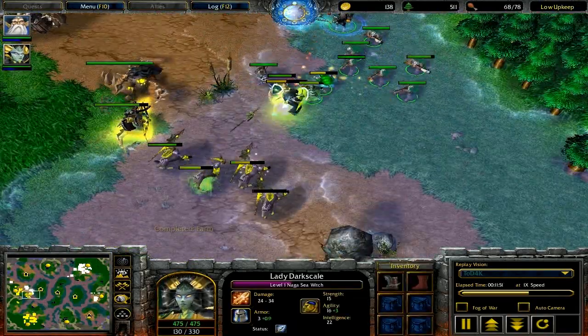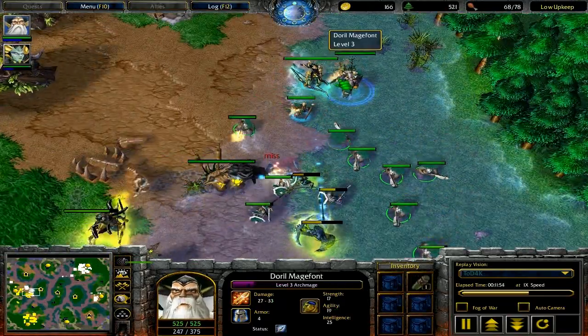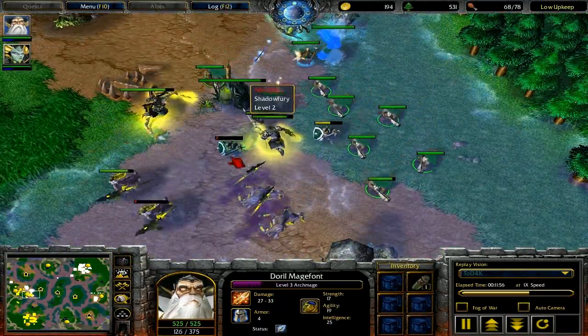So now we have, not really a final battle, but a game deciding battle for sure. Shy